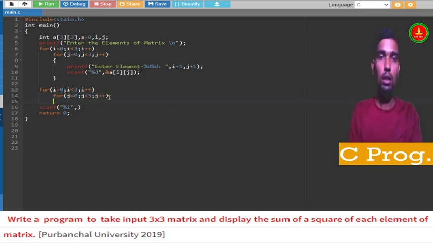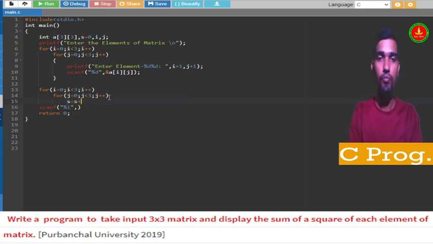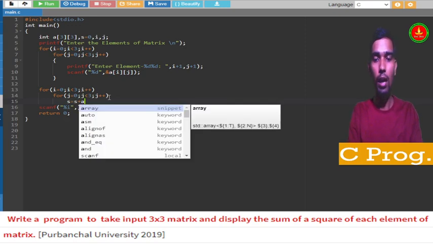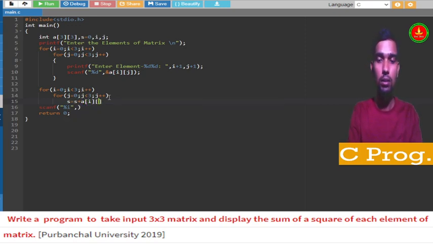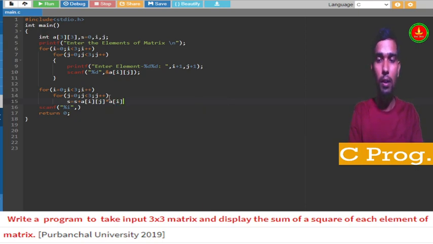And how are we going to do the element sum? s equal to the previous value of s plus a of i j into a of i j. So it will be a square, right?